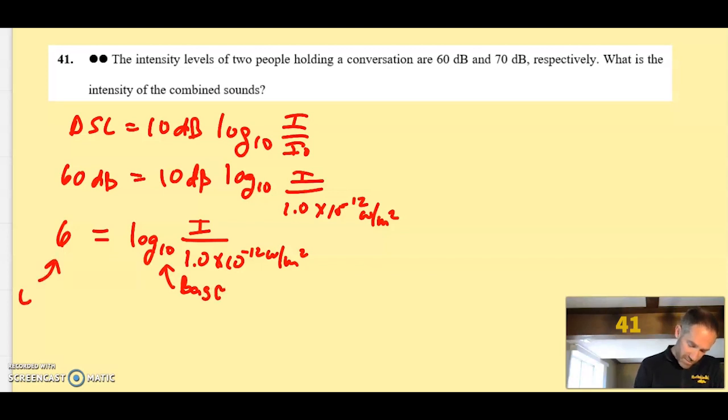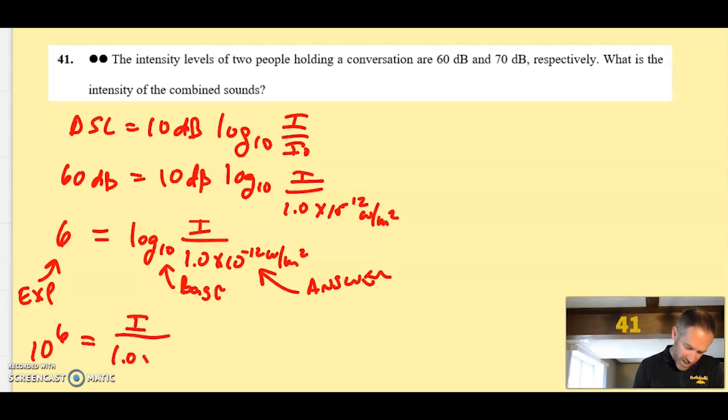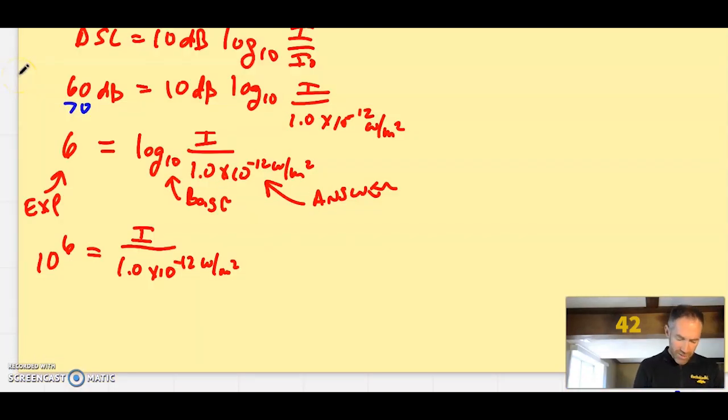This is the exponent. Logarithms are exponents. And then this is the answer. So I'm going to write something that looks different. 10 to the 6 equals I over 1 times 10 to the minus 12 watts per square meter. Now let me multiply both sides of this